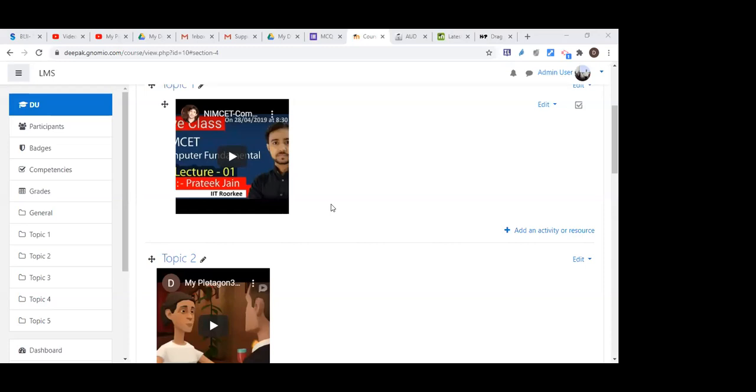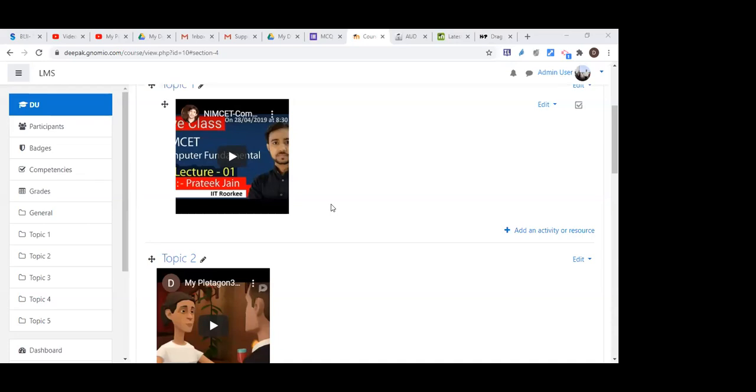Where do you find the embedded code in YouTube? Just right click on any video on YouTube, and the fourth option is here, copy embedded code. Can we add an image using embedded code? See, images don't have any embedded code. It totally depends on the source. Just like Google Form and H5P, they provide us the feature to collect the embedded code. Images do not provide us that feature.